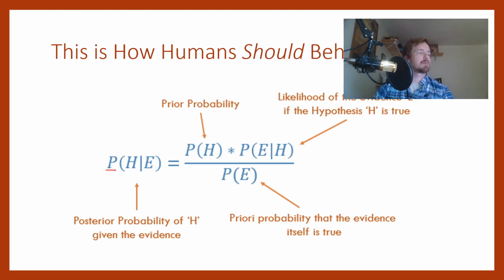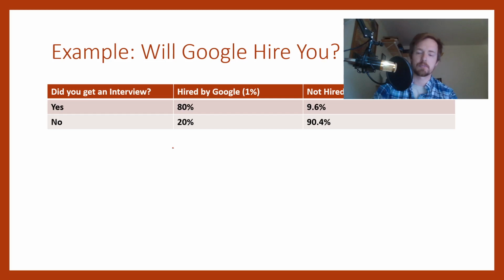The P here stands for probability, and if you're not familiar with the way these things are written out, this line right here means given. So what's the probability of this hypothesis given the evidence? What's the probability of the evidence? What's the prior probability of the hypothesis? And what is the probability of the evidence given the hypothesis? You factor all those things together to give you the posterior probability. Don't worry about it. I'm just showing you to give you an idea. I'm not going to ask you to calculate that for an exam. But let's apply this to see how it looks in the real world.